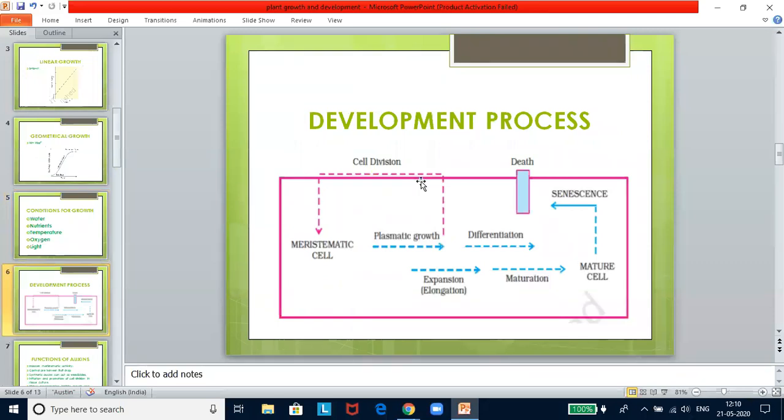Development is a term that includes all changes that an organism goes through during its life cycle, from germination to senescence. A viable seed placed under suitable environmental conditions absorbs water through the micropyle, the seed coat becomes soft and the embryo cells become activated. Hormones and enzymes are formed by the RNA. The reserve food material is mobilized.